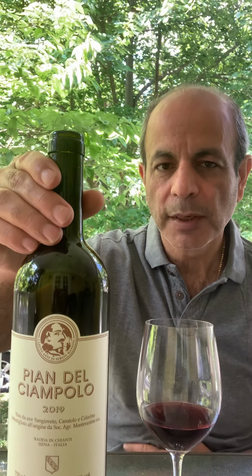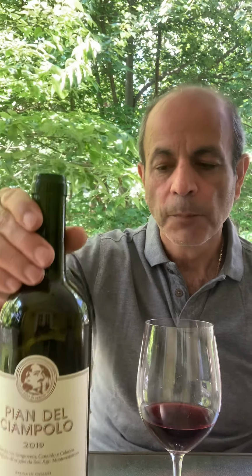This is a wine made by Montevertine, which is one of the real premium, iconic properties in Tuscany. This is an entry-level wine, Pian del Ciampolo. It's a blend of 90% Sangiovese, 5% Colorino, and 5% Canaiolo. So it's very typical of a Chianti blend, although they refuse to use the Chianti appellation, the Chianti label, because